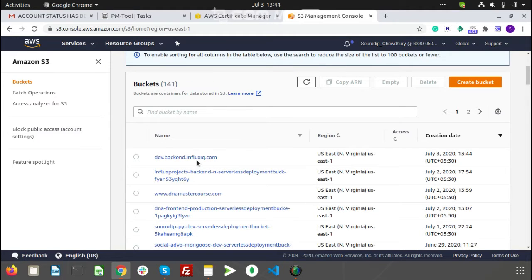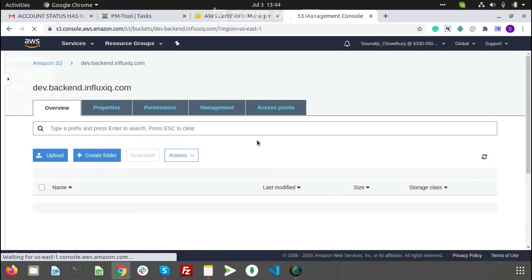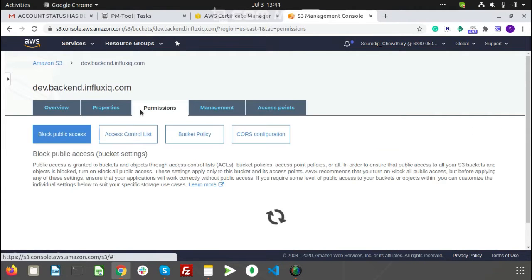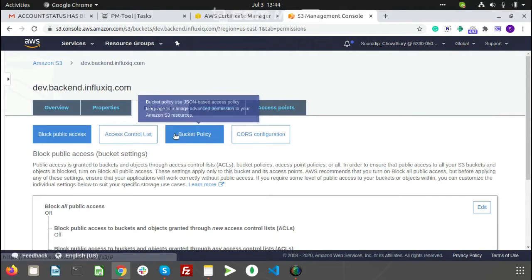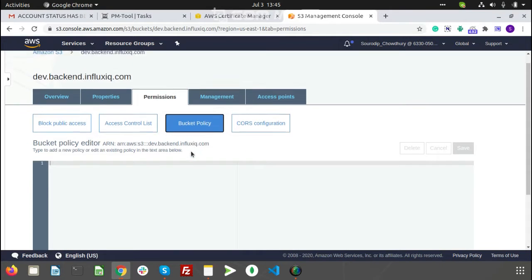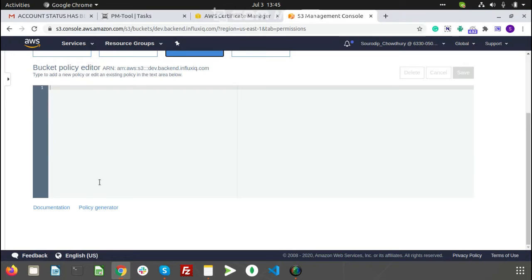After we create the bucket, we can go ahead and enter it. We need to go to the permissions, and we can see in the bucket policy we need to give it some access. We can go to the documentation to get the policy.